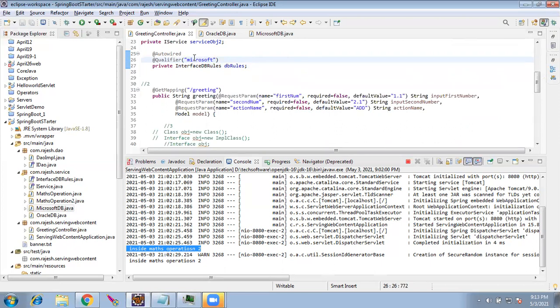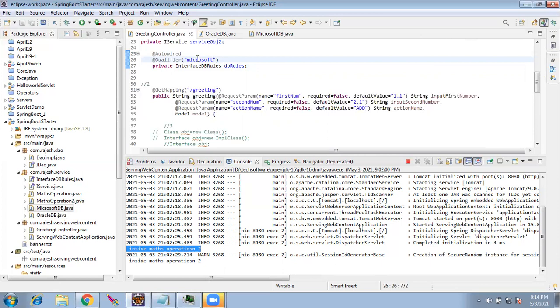Okay, these are the syntax, the real syntax. Okay. So this auto wiring, this qualifier, multiple implementation of our interface, this is used in the real world when you work with multiple databases.